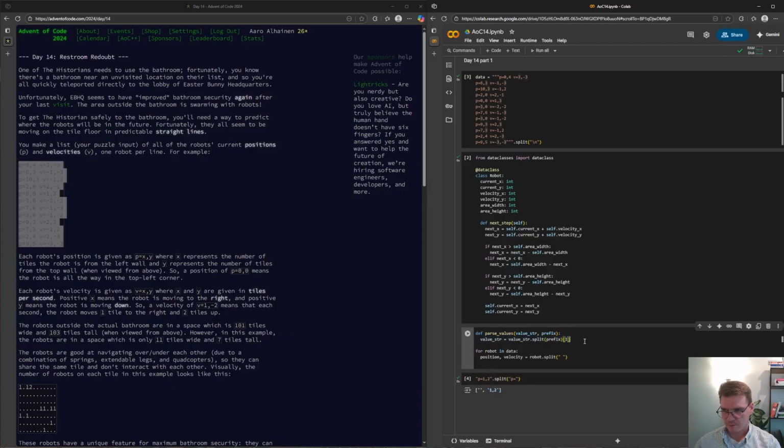And then we can just again return value string dot split, and we want to split the comma.